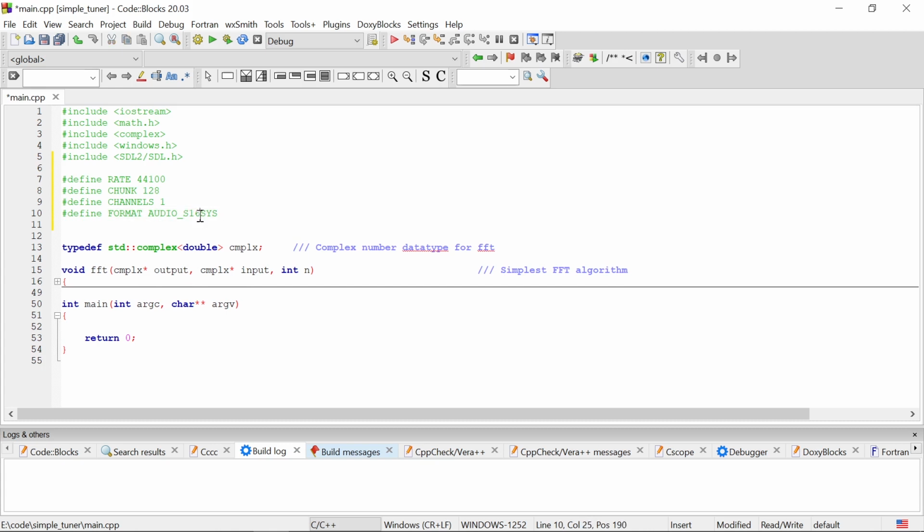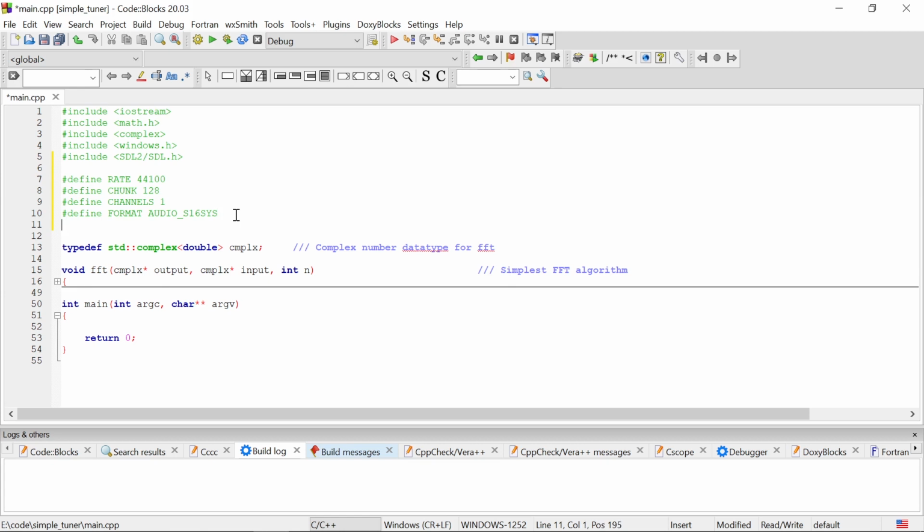So it is 16-bit signed integers in system format. System format here refers to whether it is big endian or little endian. We don't want to be doing bit reversal or anything like that. Whatever is the system order, that's what I'm going to be using, so that we can directly store it into integer type